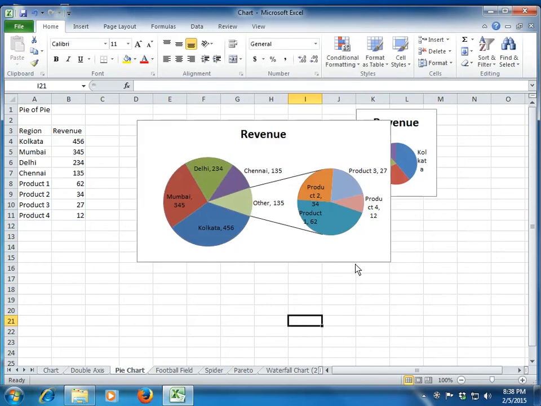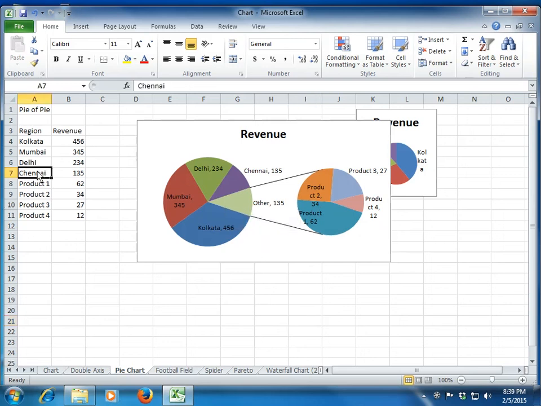So that sorts our first problem. Now the second pie is correct, wherein it's showing the 4 product lines, along with the name and label. But here you see a problem: Excel has summed the entire product 1 to 4 in a separate series which it has created for itself called other. This is how the pie of the pie chart always works. So you'll have to manipulate the data on your own.